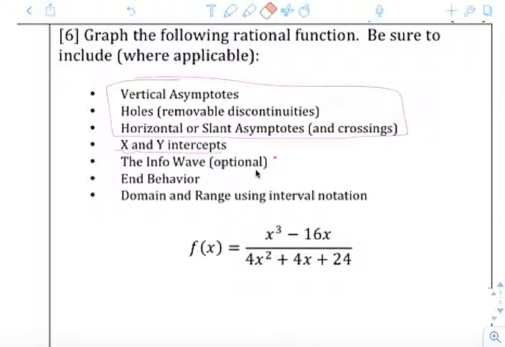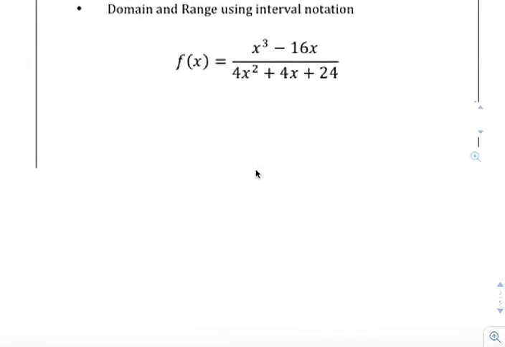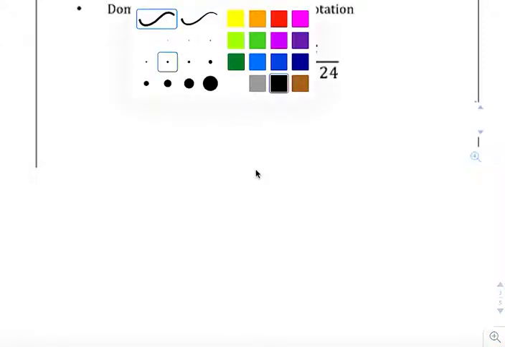So if you think about it, it's a four-step process. What are the horizontal and vertical asymptote barriers? How do they behave? How do they behave around the x and y axes that we started with? And so let's jump into it. The very first step is going to be the vertical asymptotes and the holes, because those set our vertical